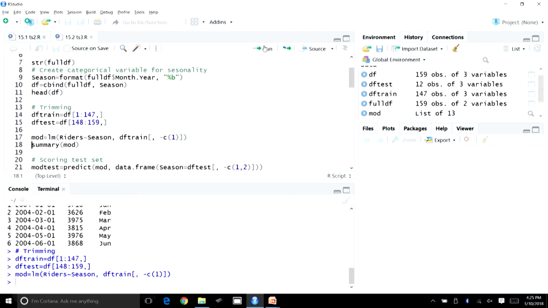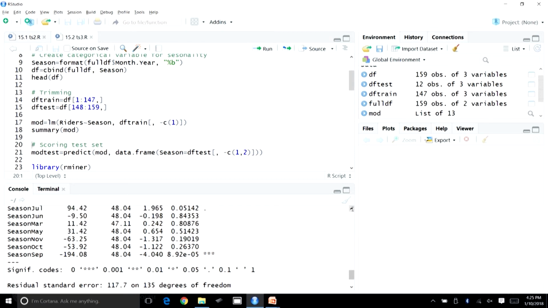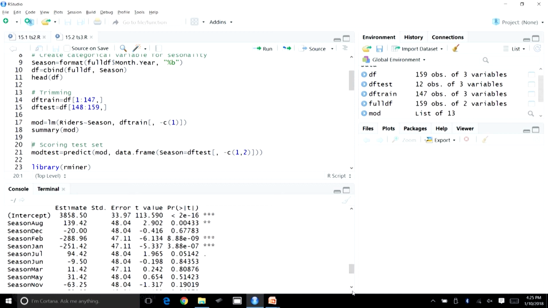Now, have a look at the results. As we know, for any variable which is a factor, dummy variables are created internally in our environment, and you can see in the results all these dummy variables are there.